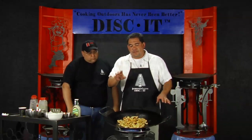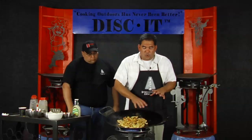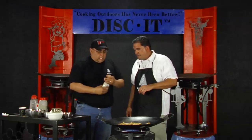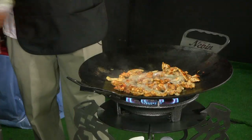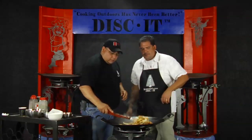Now, please be very careful. The burner puts out a lot of heat. The disc is hot, so only work with it when it's in a very safe position. So what you do is, now that it's nice and hot, you put in your poppy seed dressing. And you want to just make sure that you get it in there. You lower your grill down. Turn that down here. And then you can start putting in some of your...